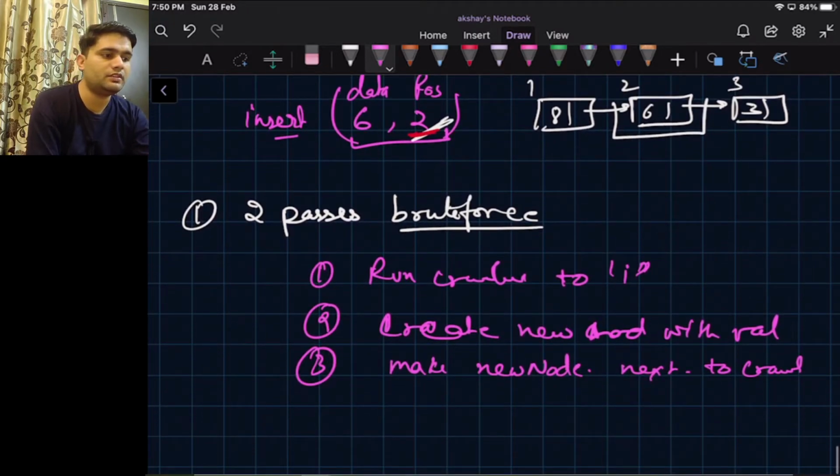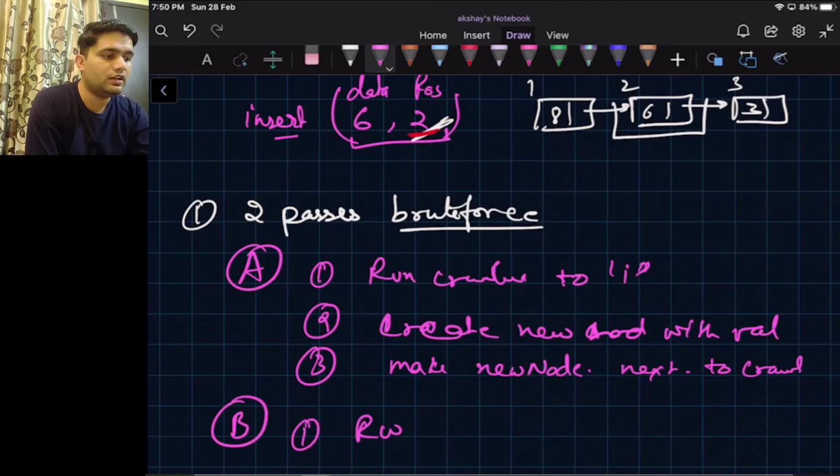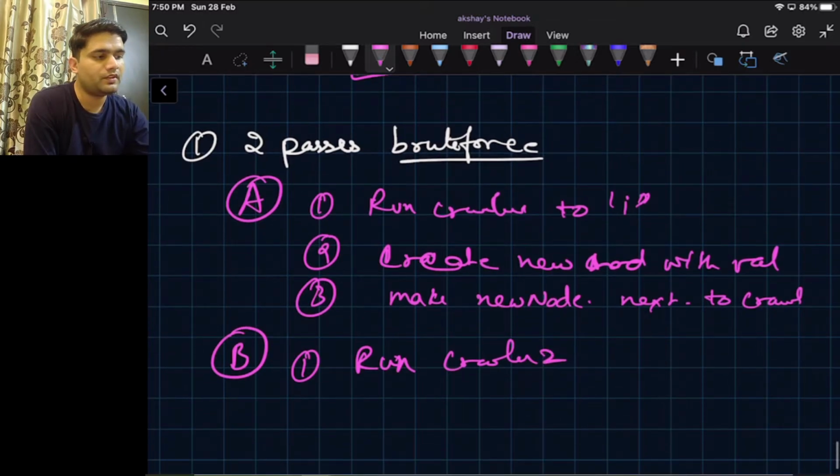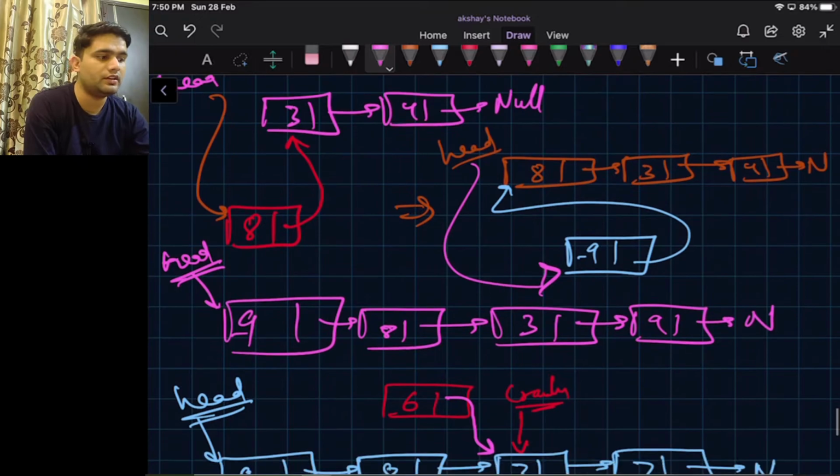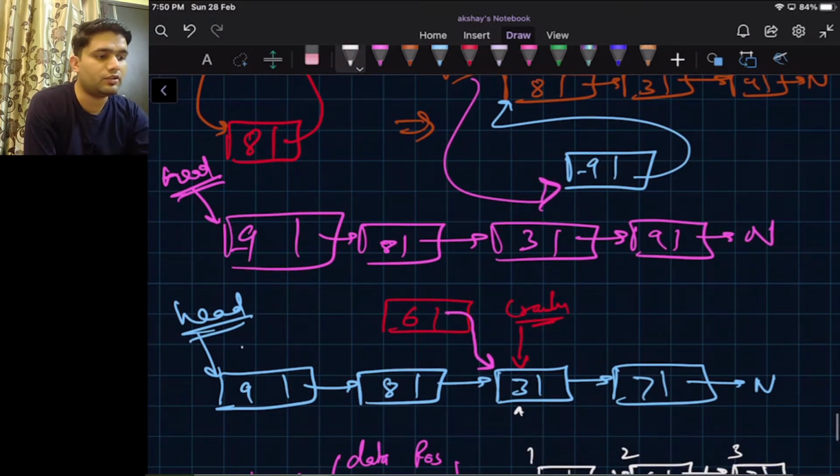In the second pass, this is pass A. Now in pass B we will run a crawler 2, and that crawler 2 will run until the i-1th node. So i-1 in this case is 1. This is 0, so crawler 2 will move ahead because it is not i-1. This is 1, so this is i-1.